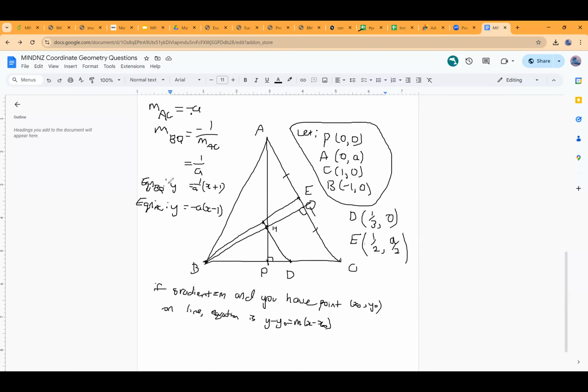So we just solve these two simultaneous equations to get the intersection of the two lines, and the intersection is obviously Q here, right? So solving for this, you have (1 over a) times (x plus 1). I'm just gonna do this on paper here. (1 over a)(x plus 1) equals -a x plus a. x over a plus 1 over a equals -a x plus a. x(1 over a plus a) equals a minus 1 over a. x equals (a minus 1 over a) over (a plus 1 over a), which, if we simplify this, is (a squared minus a) over (a squared plus a). Okay, so we get x is equal to